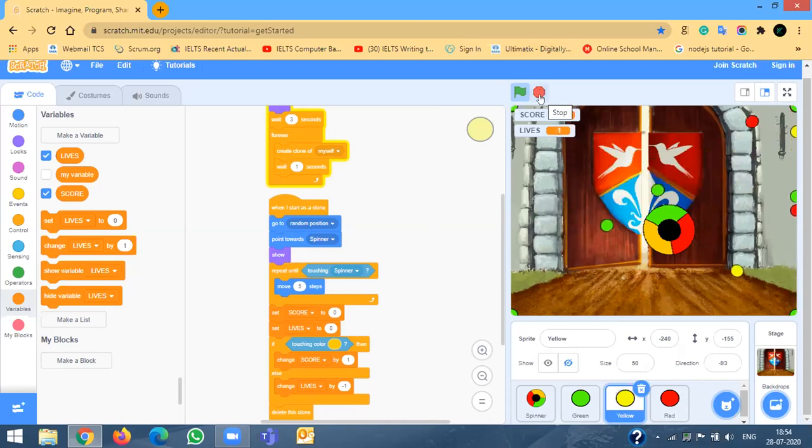But the color will be different, no? But the color of the ball is different. But when it is touching, that is okay, correct? Are you with me? When touching, the color has to be the same as what is there on the spinner sprite.